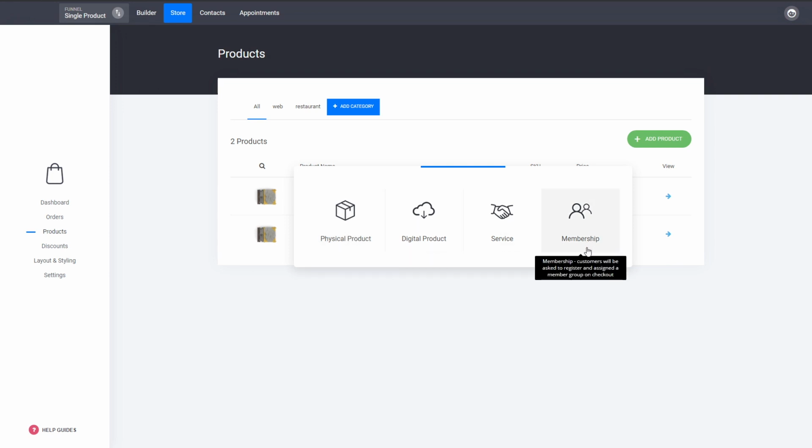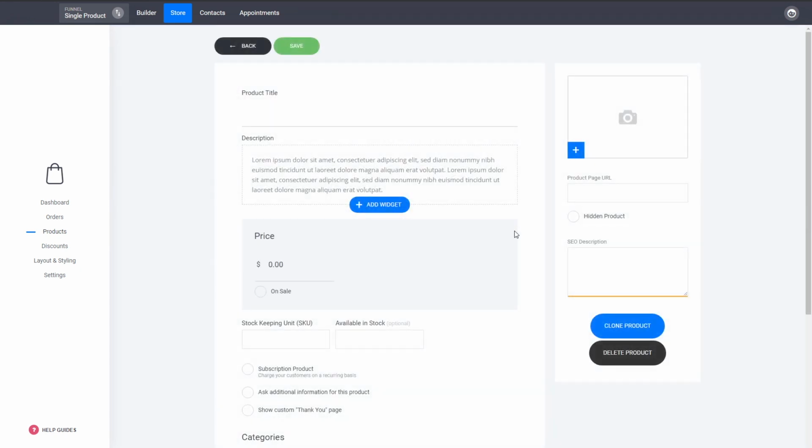If it's tied to an actual membership, where you have the option for access to content such as videos, tutorials, and stuff like that, and for as long as they have the subscription, they have access to that content, then it obviously has to be a membership. Now, for the sake of the example, we'll just create it as a service just to show you how simple it is. So here we can add the name of the product, let's say subscription,